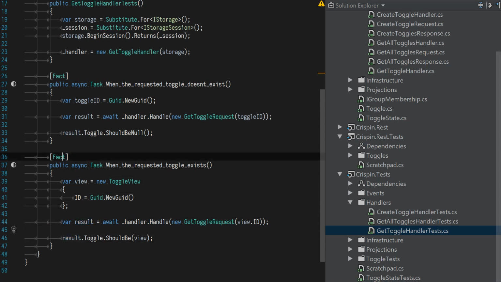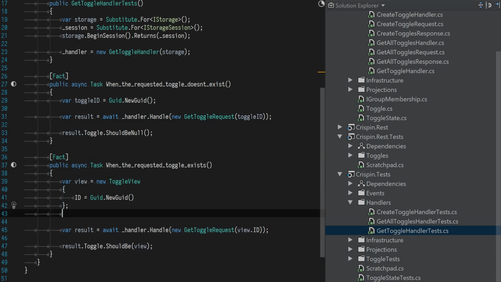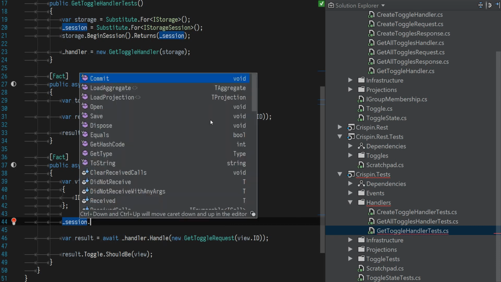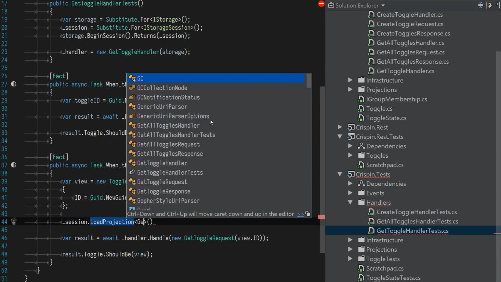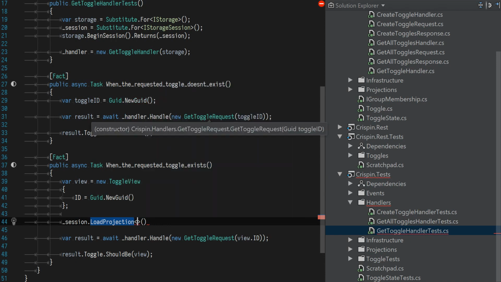So we now need to actually set these things up to work. This one should work as it stands, I guess. Don't think we need to do any setup for it. This one, however, we need to actually set up our session to do something. So session is going to have something requested of it. I think we'll use the projection for this. We could load the aggregate. But we need a view, not the actual toggle itself, so the projection makes most sense. So get all, all toggles